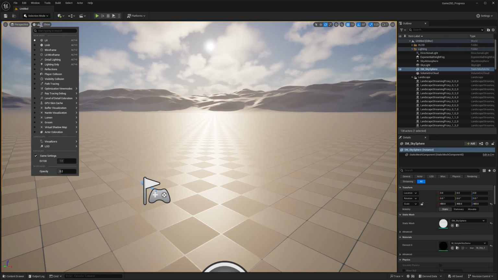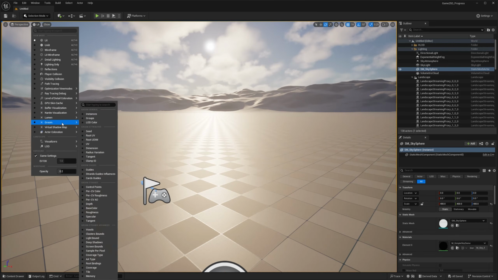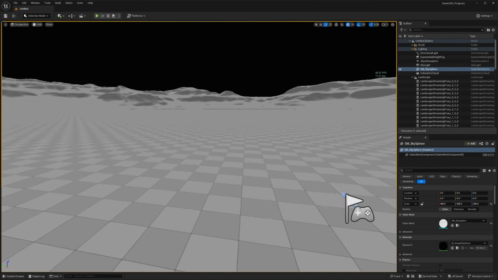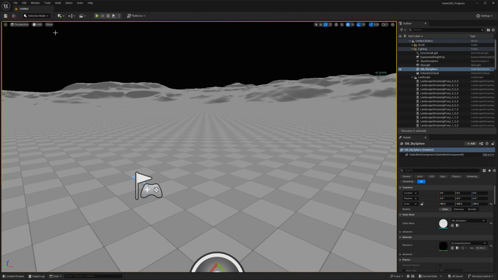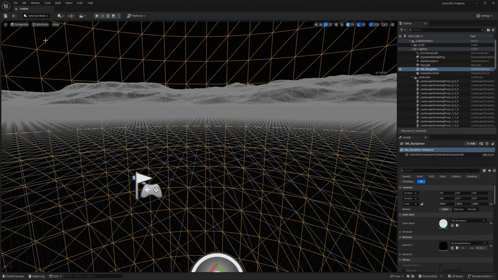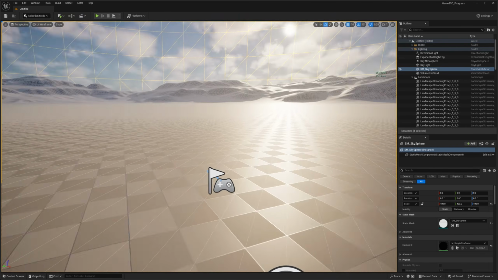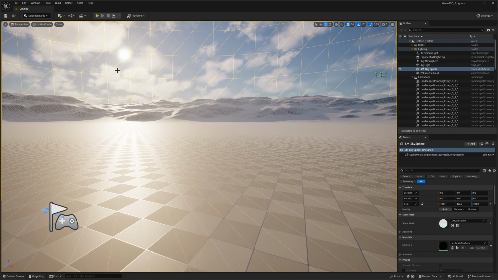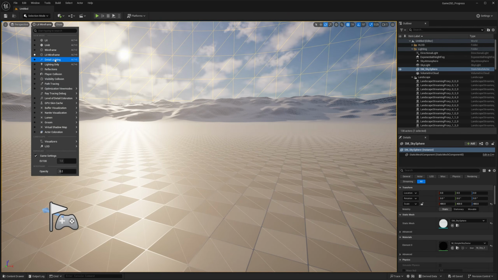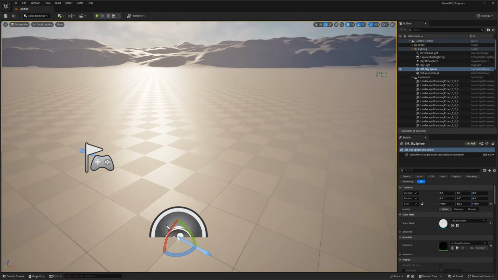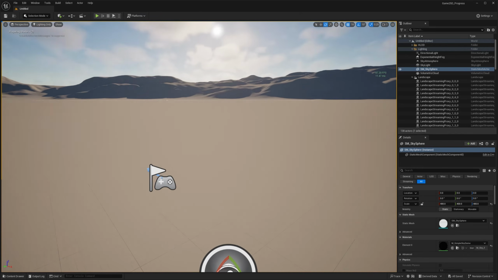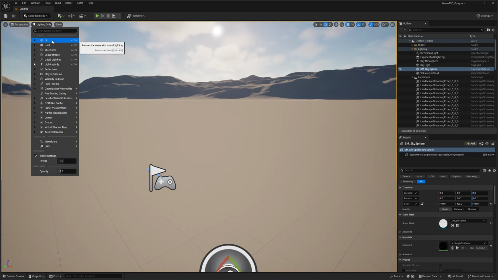And if you click on that menu, you have access to a lot of other interesting ways to visualize your world. You can see no light and shadow information whatsoever, so you have an unlit shader. You can see the wireframe. You can see your lit wireframe, which is very useful. So it's essentially the wireframe overlaying the geometry and the world. You have a detail lighting, which is essentially lighting information, and so much more. I highly recommend you explore it, and you can check the documentation for more information about this.